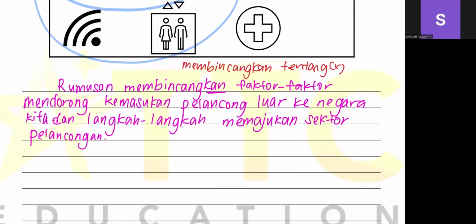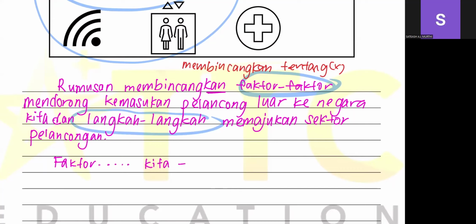You see, faktor-faktor and langkah-langkah, these two can be ganda. Okay, because they are the same category, both are kata nama. So in one sentence you can have dua kata ganda because they are the same category. And then you need to put kata ganda because there is more than one faktor, more than one langkah. So the first thing is faktor-faktor until kita termasuklah